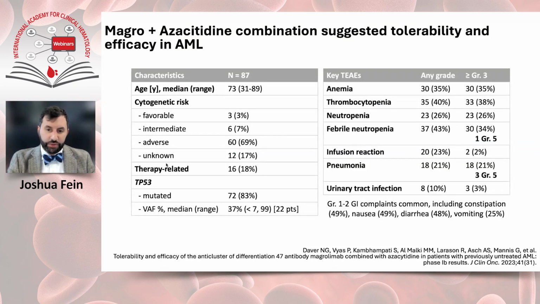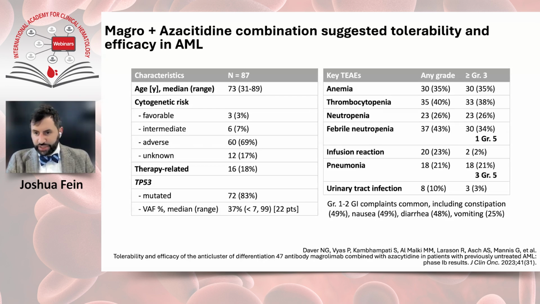Alongside this, there was a study in AML. This was 87 patients with a median age of 73 years, ranging from 31 to 89. Again, very adverse cytogenetic risk population, and 83% of these patients were TP53 mutated, partially because eventually the study was modified really to focus on those patients once venetoclax plus azacitidine became the standard of care for AML that was not eligible for intensive chemotherapy. And the rationale there being that AZA plus venetoclax really was not effective in the TP53 setting, and so this would be an area that they could focus on.